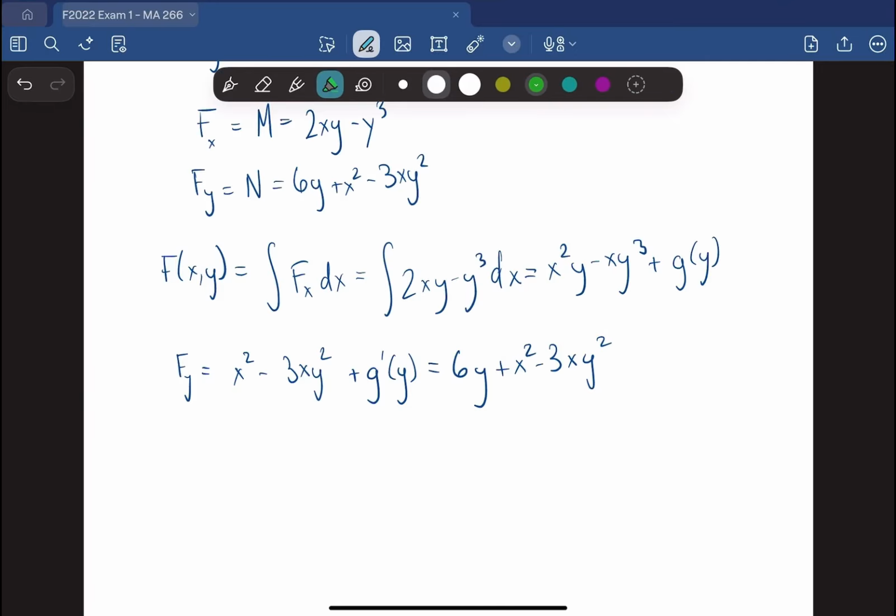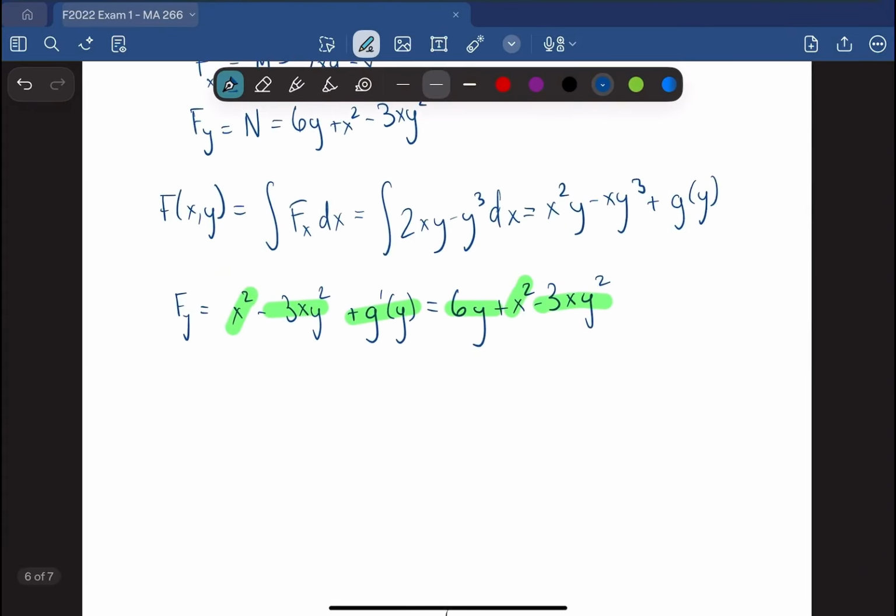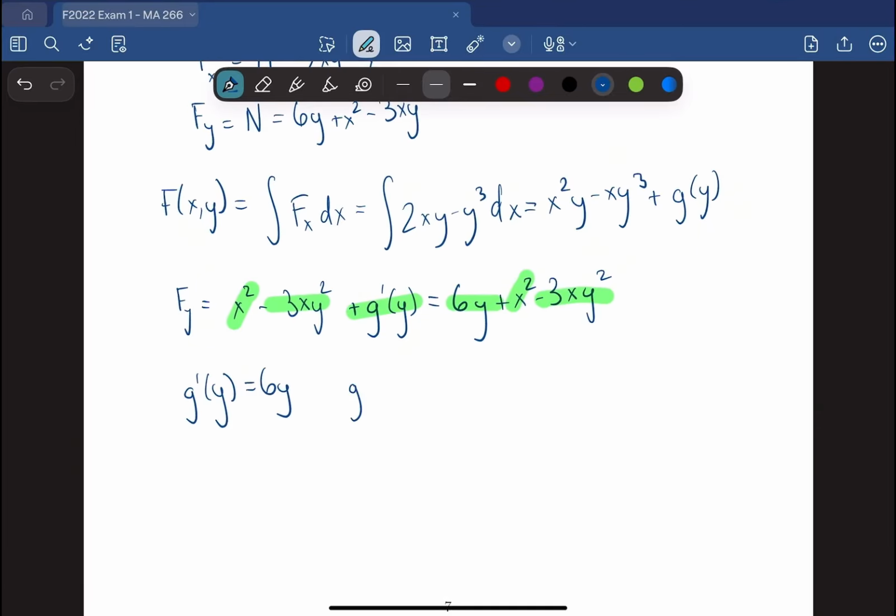And so now we can just visually see that our x squared is accounted for, our minus 3x squared is accounted for, which means that our g prime of y is going to be 6y. So based on that, let's just rewrite that here. G prime of y is 6y. Based on that, we can find g of y, just take the integral of 6y, right? We can find that g of y is going to be 3y squared,